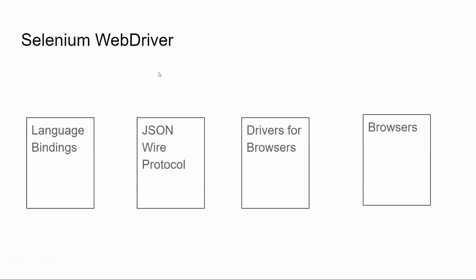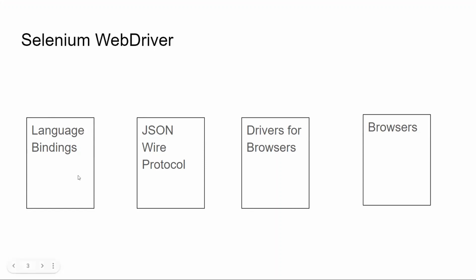So let's look at what is the architecture of Selenium WebDriver. So basically, it has these four major components. At the client side, you have the client language bindings. So these are languages in which you can write down your automation scripts. Like we said, it has support for multiple languages like Java, Python, Ruby, C Sharp, etc. Right. So once these test cases that are written in these languages, they are triggered, right?